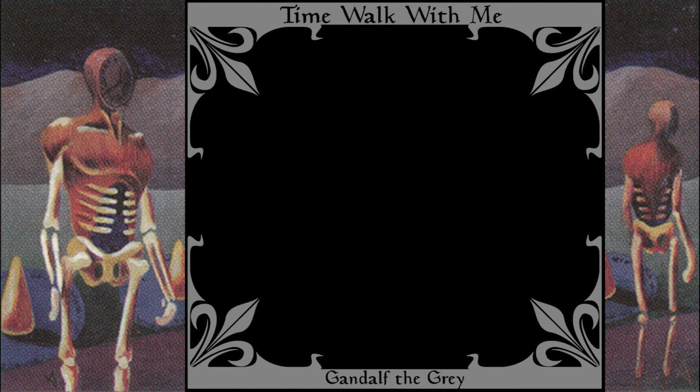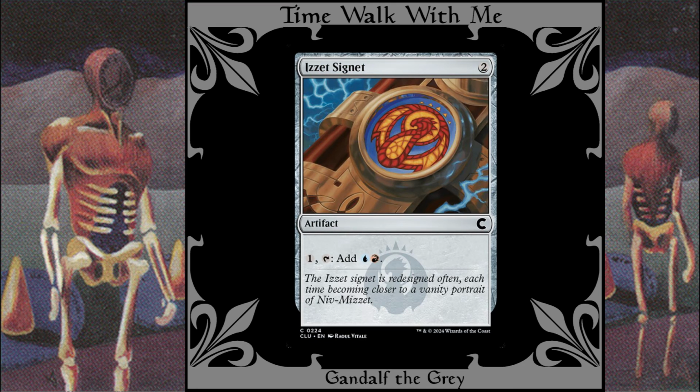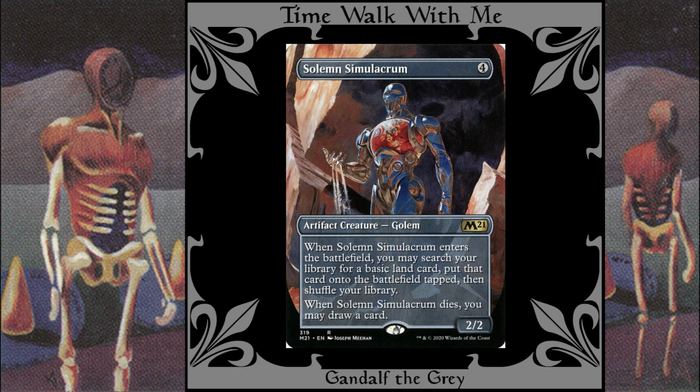This section is a little light, but I included both mana producers and mana cost reducers. Jace's Sanctum. This makes your instants and sorceries cheaper to cast, and it rewards you with a Scry 1 for casting them. Izzet Signet, Talisman of Creativity, Solemn Simulacrum,